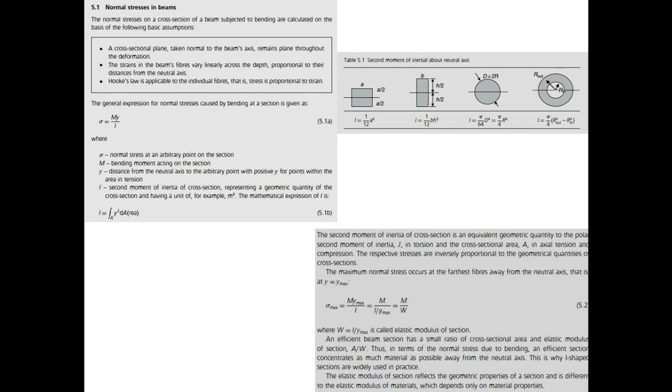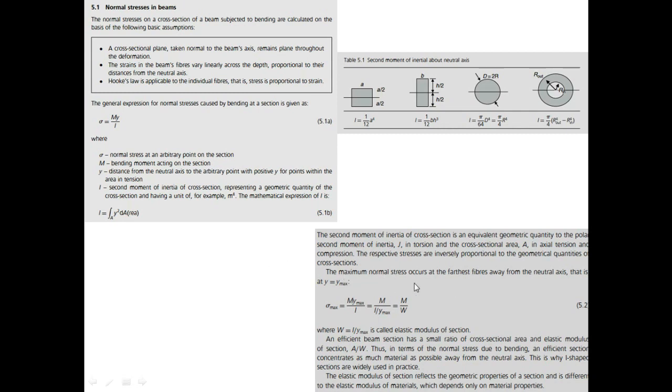And moment of inertia, how will you define it? It is the resistance to bending at any specific cross section of the beam under consideration. It is equivalent, as a geometrical quantity, to the polar second moment of inertia J in torsion of the cross sectional area. So the maximum normal stress occurs at the,